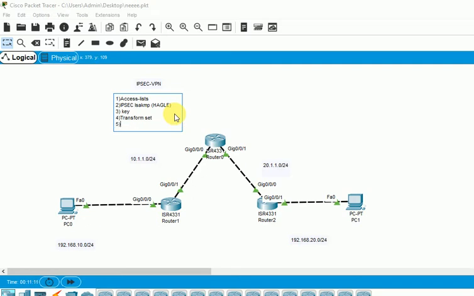Fifth is our map. So these are the most important 5 steps. In between we have many things, like after the transform set we have to set the map, then again we have to give the peer name. Just for the understanding, this sequence will help you about the steps to create the tunnel, otherwise you will not get it. This is the easiest way, that's what I am following. Now the same thing I'll be doing on router 2.